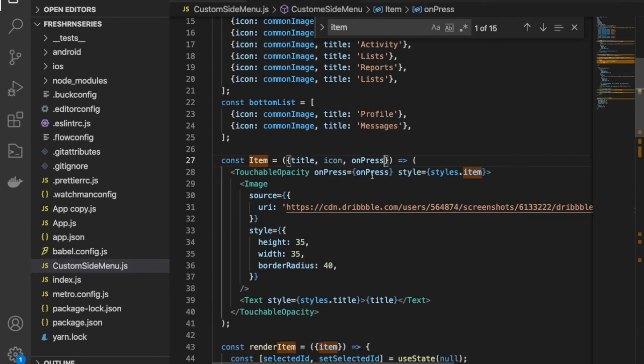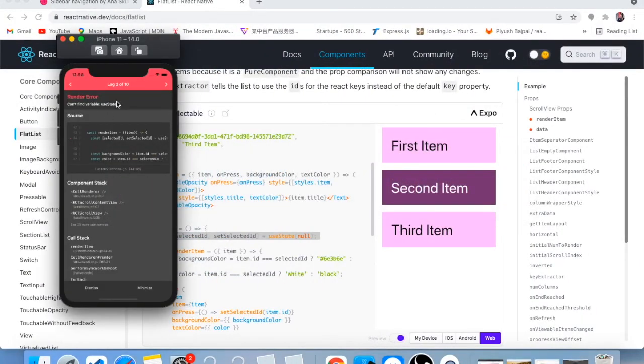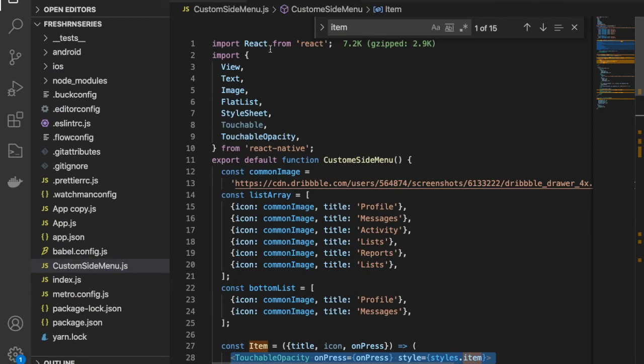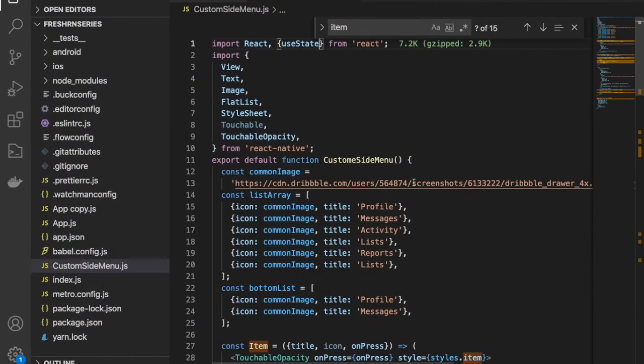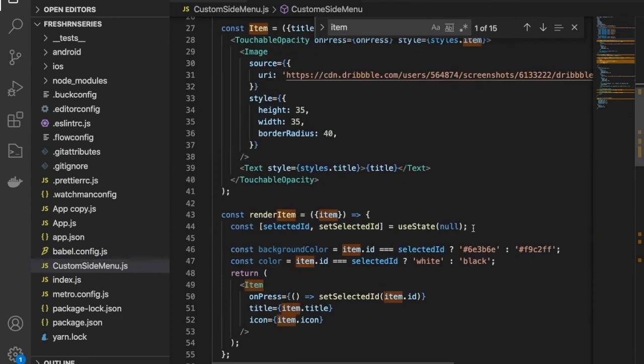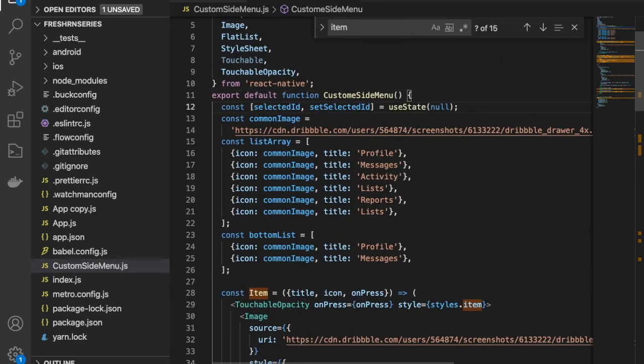So basically if the user clicks on this item, okay, use state is not defined, so I have to import this use state from the React package. What is the problem now? Okay, I have actually used this line of code here, so I have to use this line of code at the top like this over here.